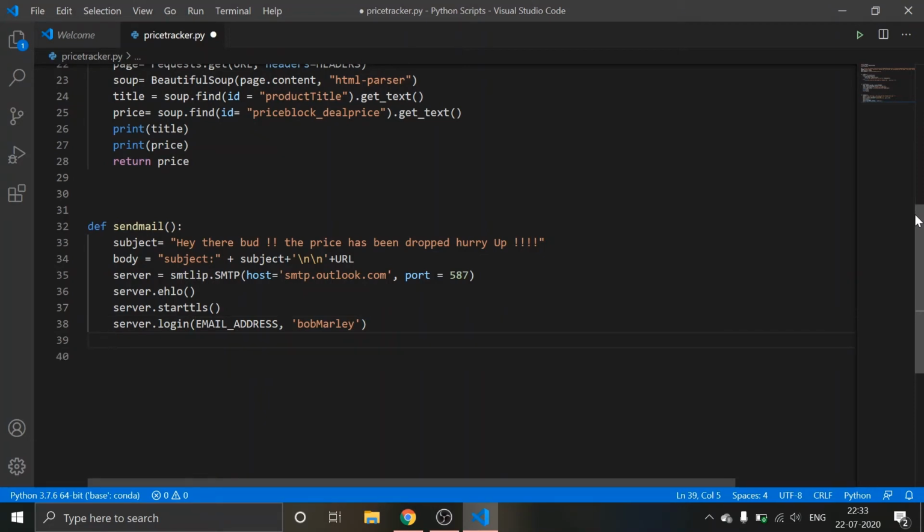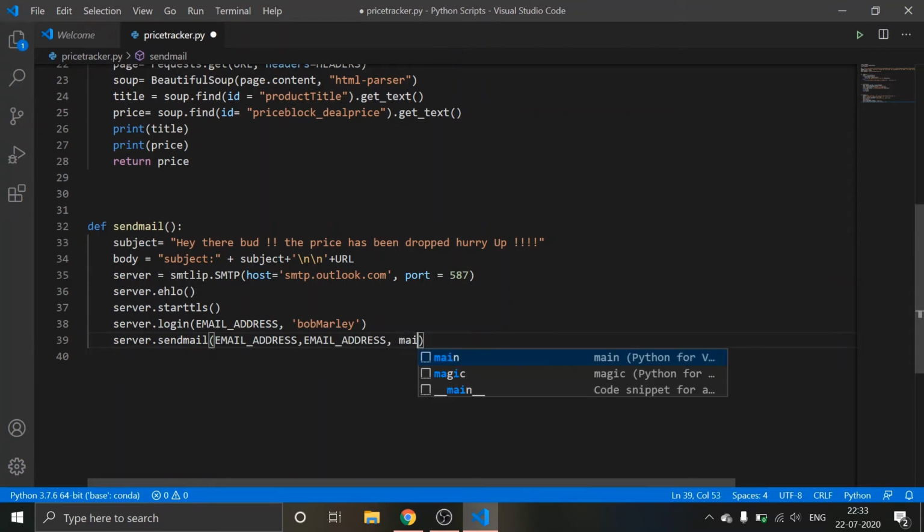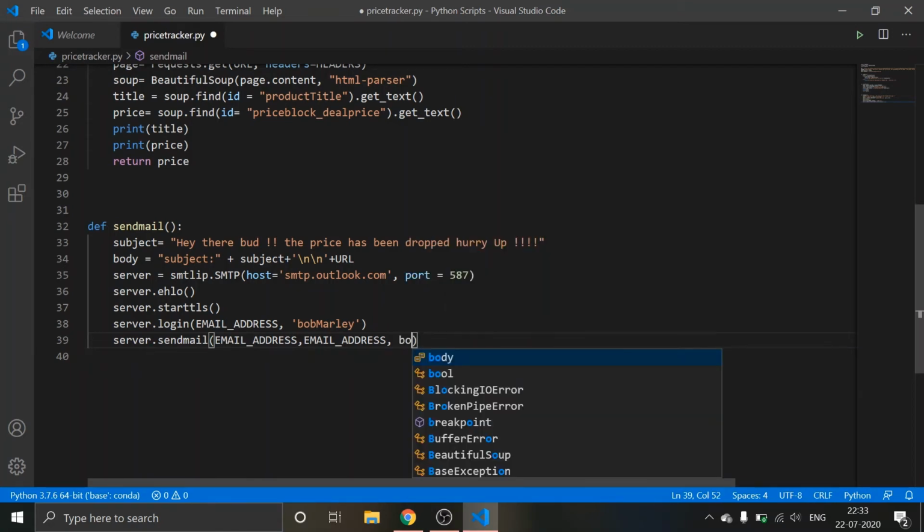Okay, server dot send mail. Send mail to whom I have to send, because I'm sending to me through me. I hope you got that. And what I'm going to send, I'm going to send body.